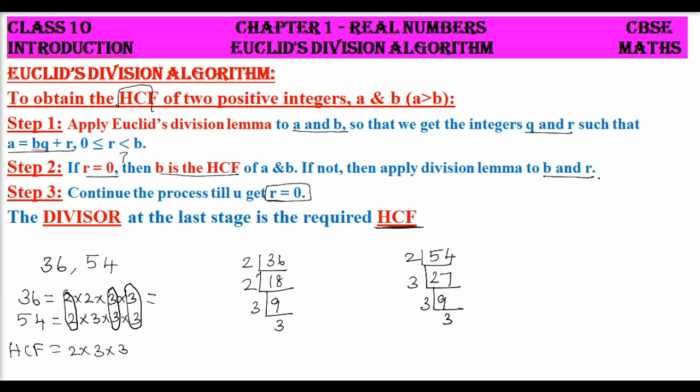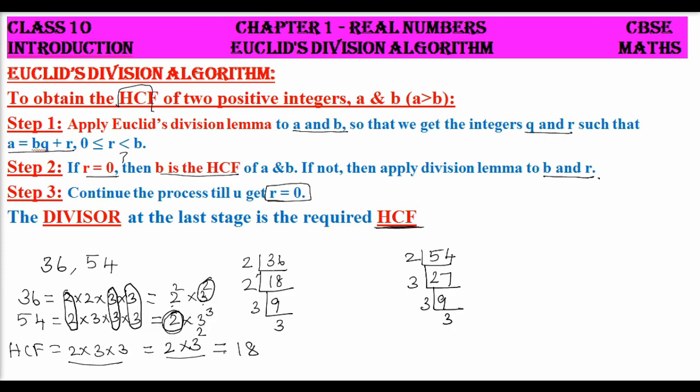Otherwise you might have expressed these prime factors as powers, that is, 36 as 2 square into 3 square. The next term, 54, can be written as 2 into 3 cube. And when you are writing the HCF, you will select the lowest power of the factors. So you have 2 in both the terms and the lowest power is 2 power 1. So in the HCF, you will have 2 power 1. Then the next number is 3 and the smallest power is 3 square. So you write it as 3 square. So whether you select in this way or in this way, the answer is going to be 18.